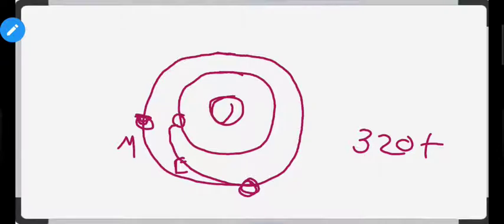Suppose at the initial time Mangalyaan was here, and after 320 plus days it will reach here, and so Mangalyaan and Mars will meet at a common point. So that's how classical mechanics works. We can exactly predict the location and velocity of macro objects. That means what the speed will be and where it will be at a given time. We can calculate both of them at the same time with precision.